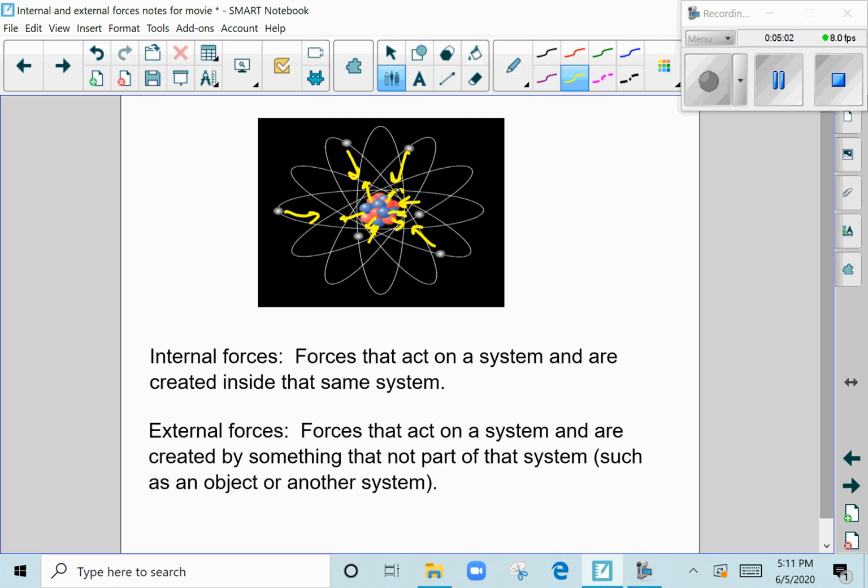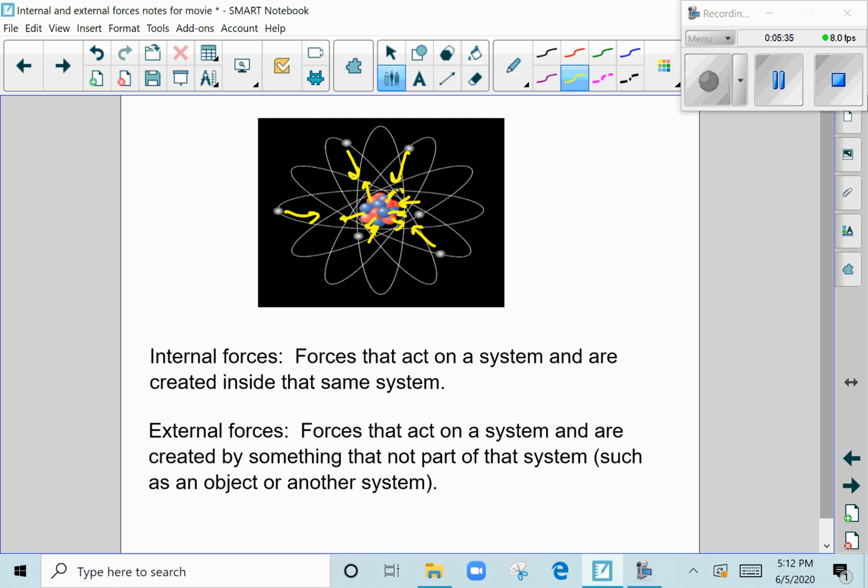This force is internal simply because the electrons are creating this force, and the electrons are inside the system. So what determines you as an internal force is simply the thing that creates that force. If the thing that creates that force is inside my system, that force, no matter what, is an internal force. External forces, then, are forces that not only act on my system, but they are created by something that's outside